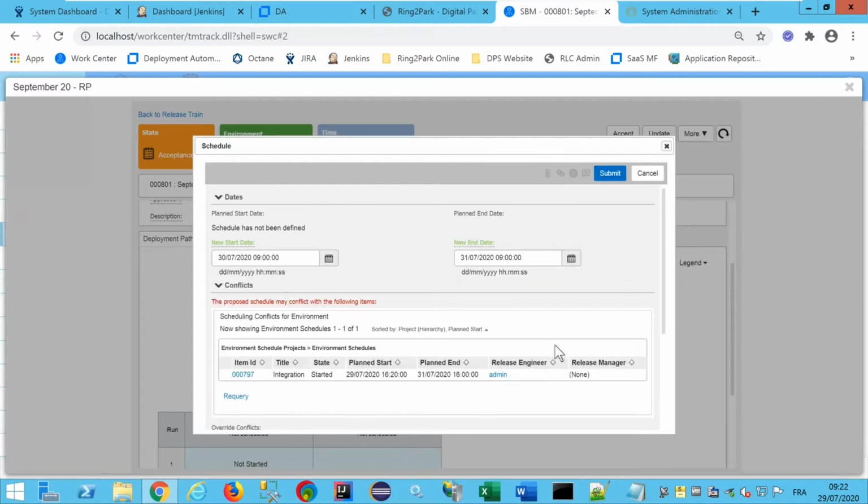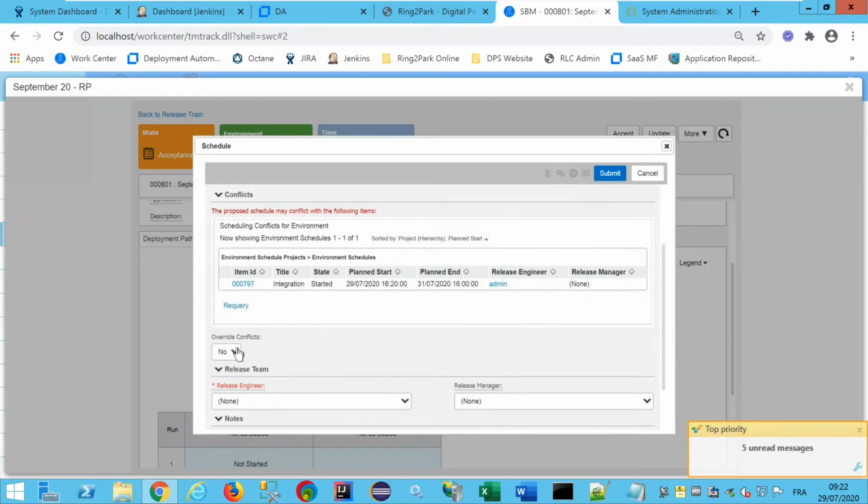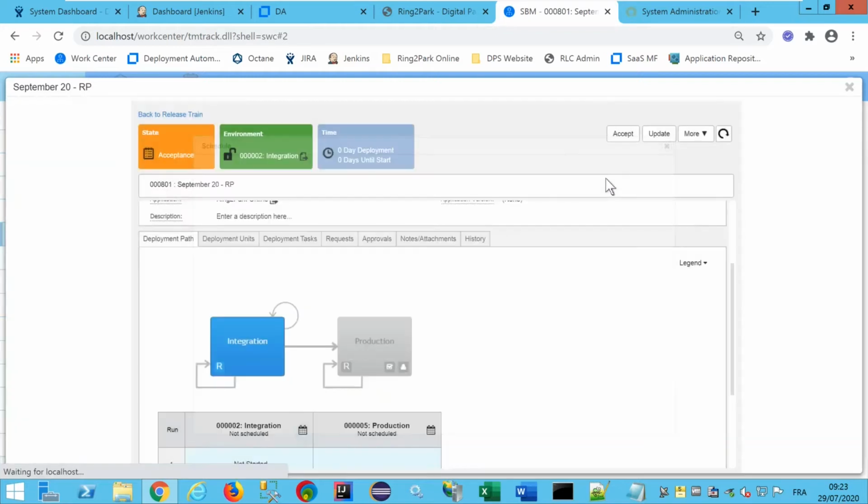And if I have a conflict, so I have one here, you see here that there is already another deployment that is planned to be deployed in the same time frame. So you can say, okay, I will select another time frame, or you can say it doesn't matter. I can override and I can use the same environment to deploy my application, and I can define who will be the release engineer that will trigger the deployment. So, okay, let's book the integration environment for this deployment.